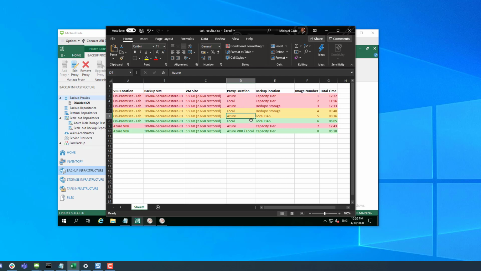our link speed is better than normal, or it's above standard, which means we don't really need to have that Azure Proxy, because as soon as you use the local, and we use the local direct attached storage repository again, we shave another 2 minutes off that. Now the interesting, and this was actually a question that came out of the last video on Twitter,